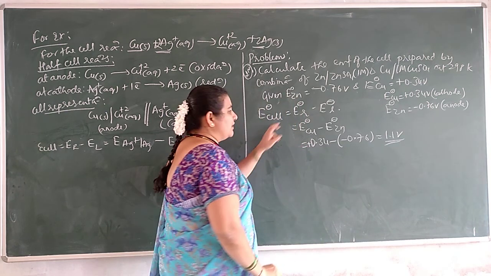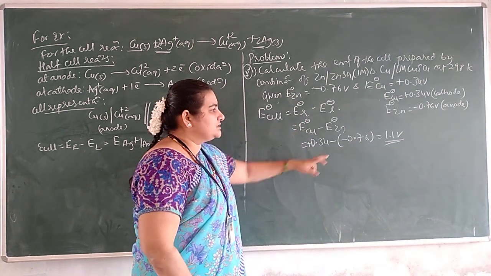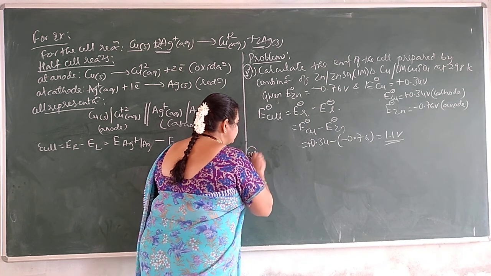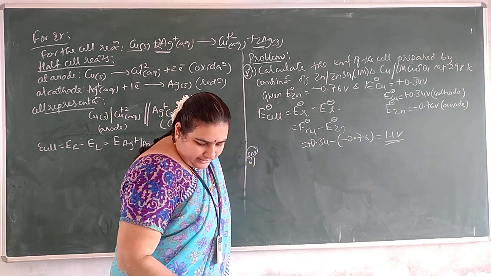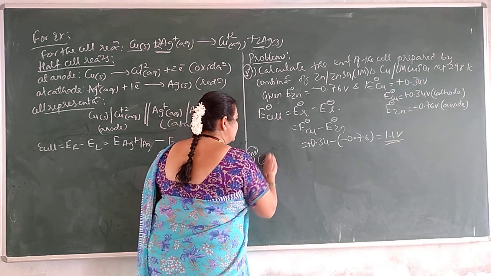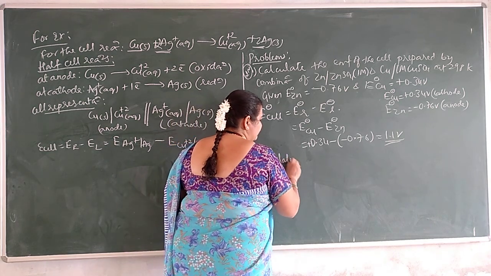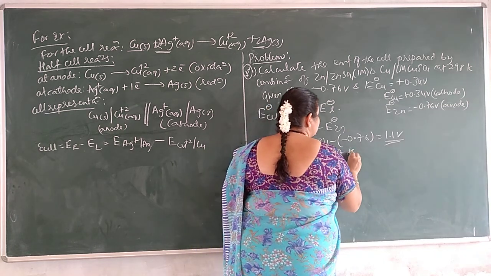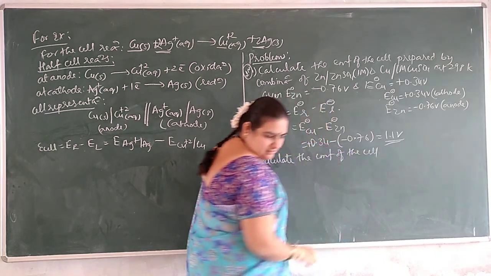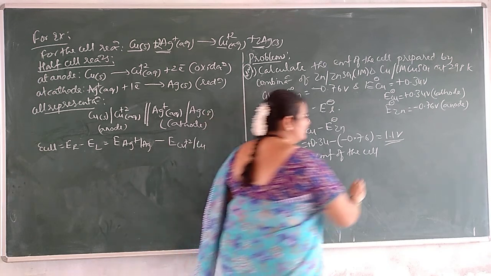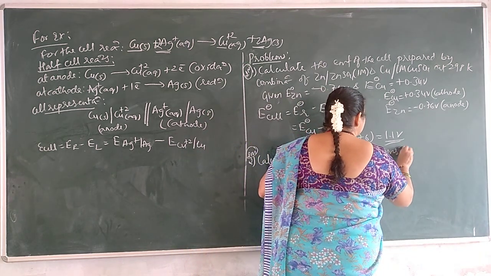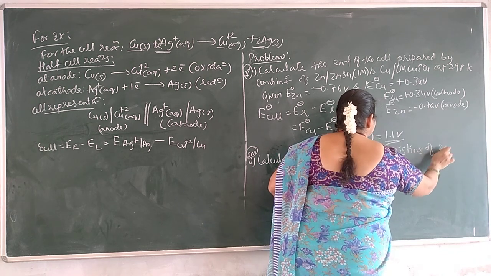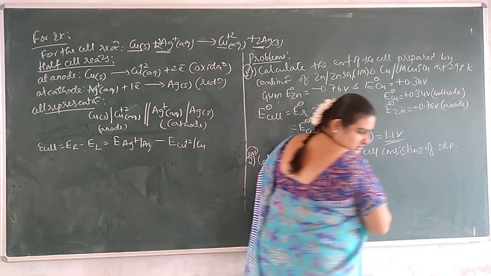2 marks question, formula 1 mark, then answer plus unit 1 mark. Second question, again 2 marks. Second question, calculate the EMF of the cell consisting of standard reduction potential